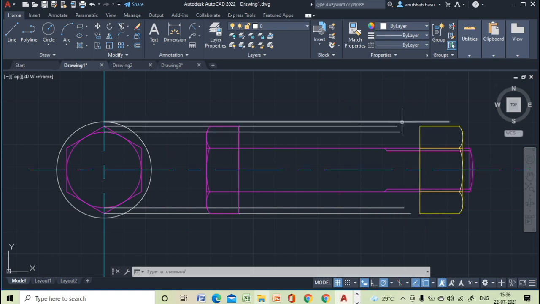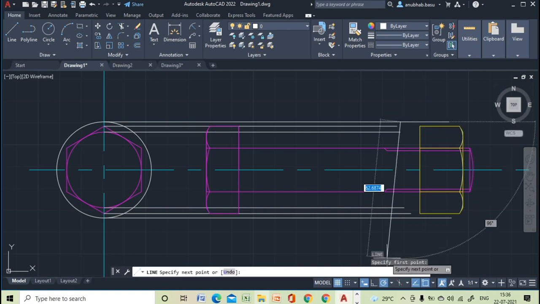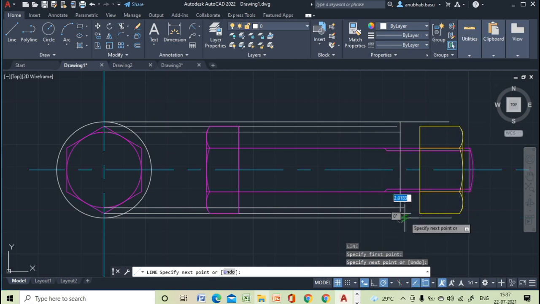Let this be the position of the washer. Now this thickness will be 3 mm.